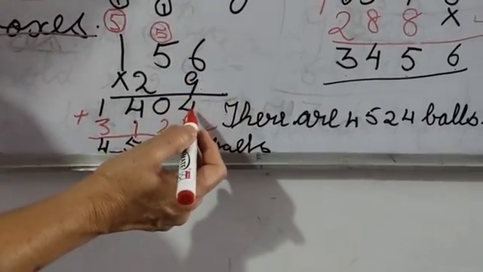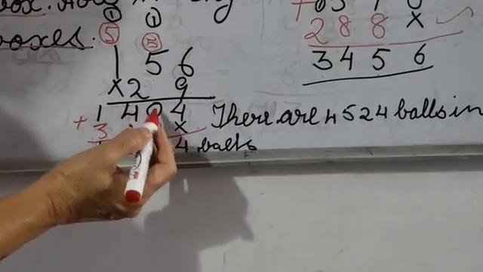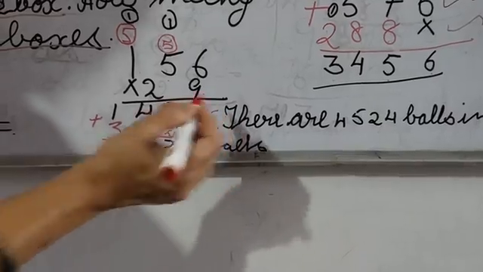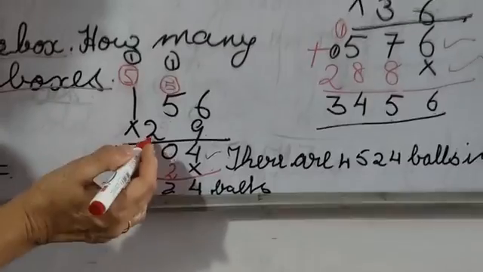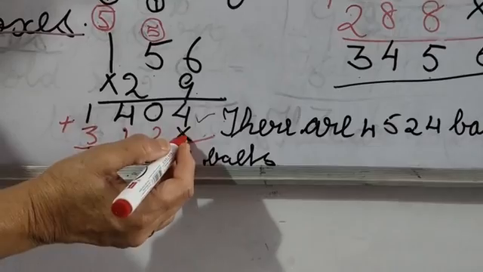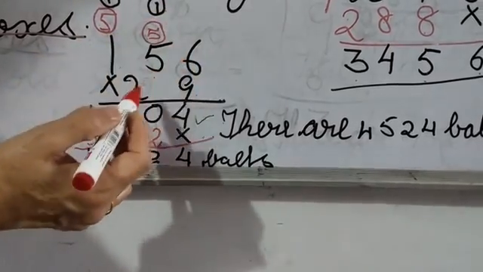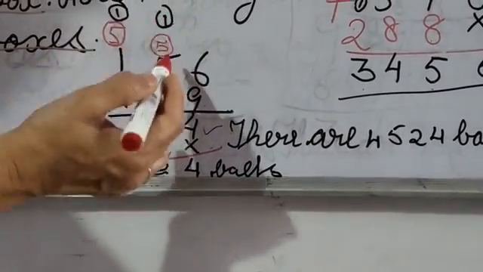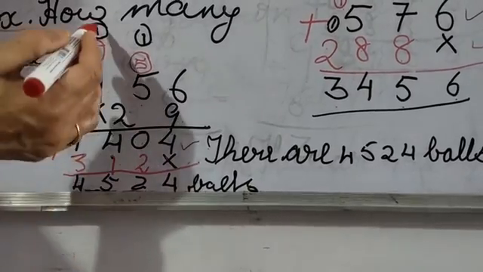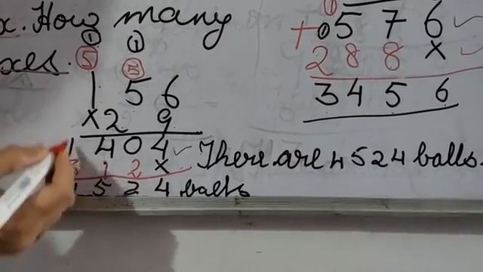9 6s are 54, 4 carry 5. 9 5s are 45 plus 5 is 50, 0 carry 5. 9 1s are 9 and 5 is 14. I wrote this first step here. For the second step, we multiply now by 2. So we first put a cross under the ones number. So I have kept a cross. 2 6s are 12, 2 carry 1. I have carried over here. I have written in different colors, so it is easy for you to understand. 2 5s are 10 and 1 is 11. So 1 I wrote here and 1 I carried over here. 2 1s are 2 and 1 is 3. So I wrote this, and now we add both these.